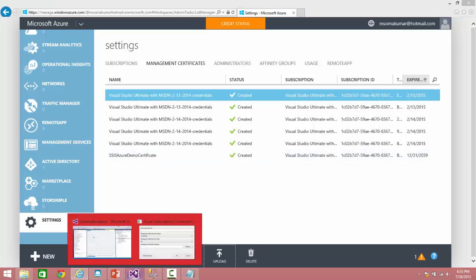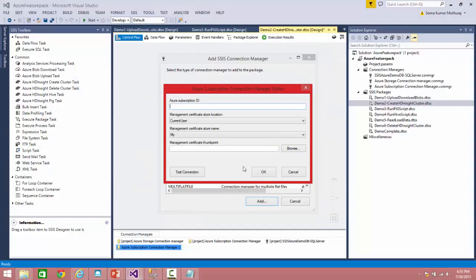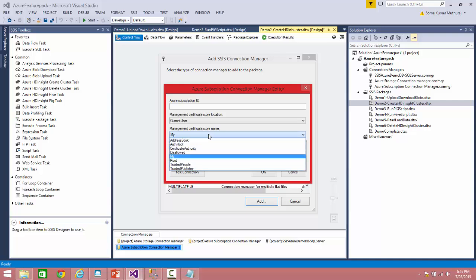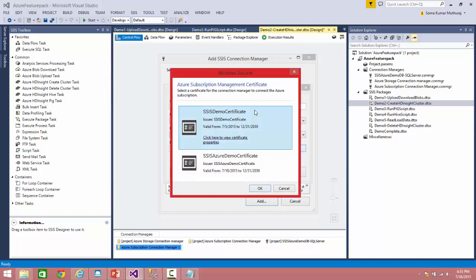Let us go back to the SSIS screen, where you provide your subscription ID. Your certificate store location is the current user, so it will be uploaded into your Azure storage, and your management certificate store name is what we have specified as My in that command line utility. Once you say browse, you could see the list of Azure certificates which are created, so that you have